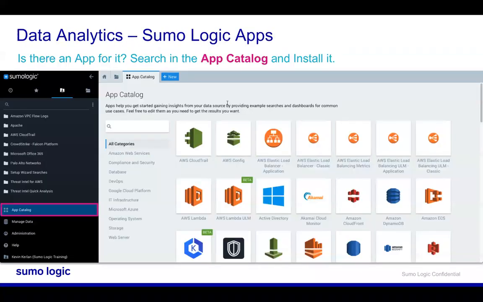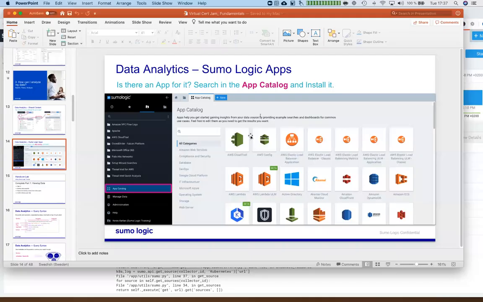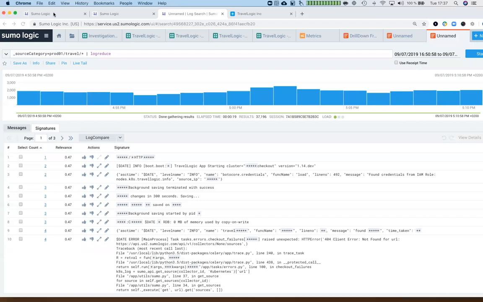So I'm going to walk you through a more thorough demo here, where we're going to utilize the different functions within Sumo Logic. This demo will take about 35 to 40 minutes, and after that we're going to start to walk through the different labs. So I'm going to stop sharing my PowerPoint here, and let's go into